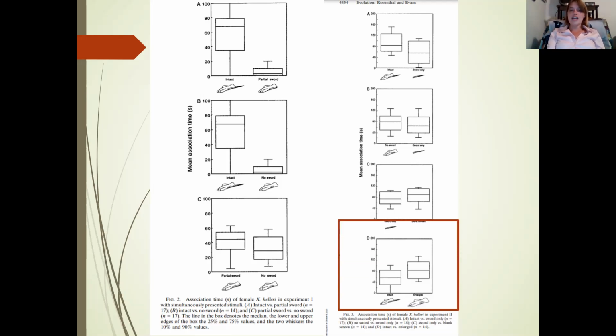But in the very last graph of this paper, you see that when you replace the sword with just a larger male, the females preferred the larger male over the male with the intact sword. So it wasn't so much that they were signaling in on the sword, it was that they were signaling in on the size of the male. And had the scientists not gone that one step farther and asked that last question, we might be studying how females prefer males with longer swords, right? And we would have no idea that that wasn't exactly what was happening.